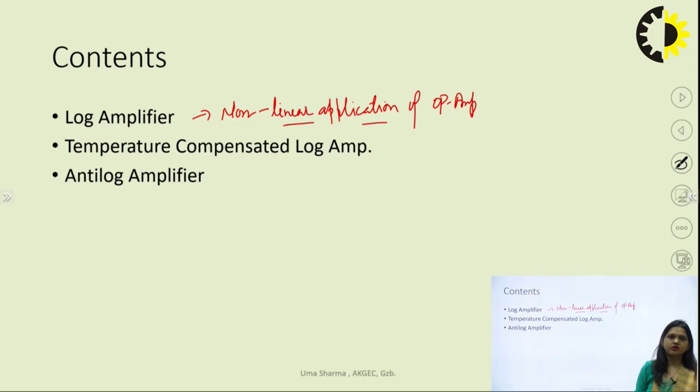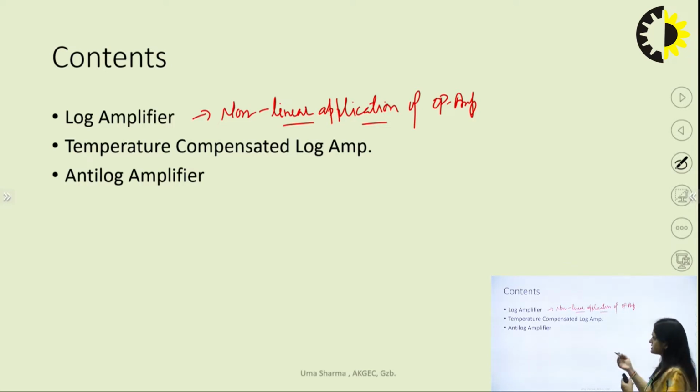The function of a logarithmic amplifier is to calculate the log of any input, and there are many applications in which we can use it, like implementing multiplication, implementing division, or calculating the power of any number. With the help of log or anti-log amplifiers we can compress the dynamic range, expand the dynamic range, or calculate the square root of any function.